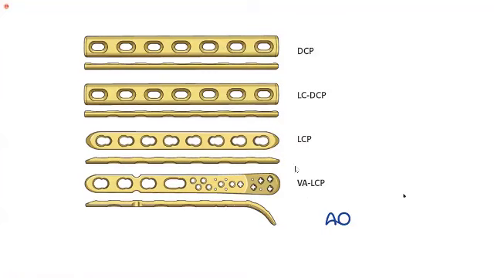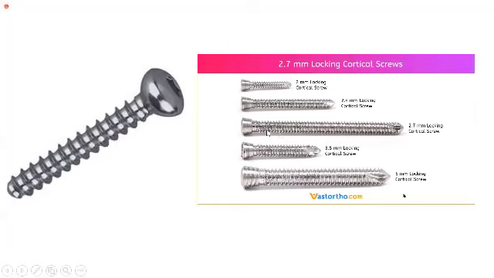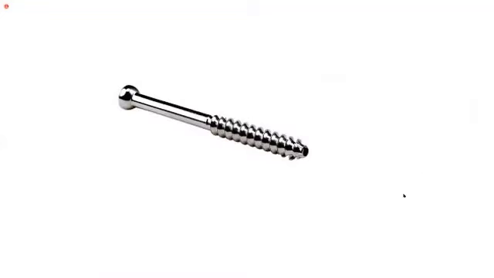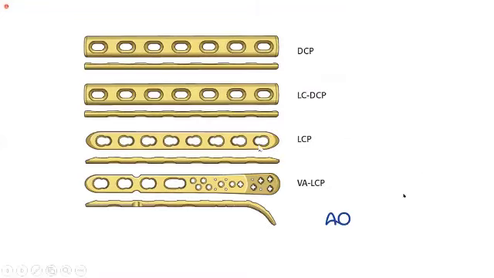But when you are giving a locking screw, you have to go perpendicular to the plate. If you don't, this screw will not lock, it will put stress on the screw, and the screw will break. So for that you use drill sleeves to drill it, and while putting the screw also it should go perpendicular. But suppose in some fractures you need to change the angle. At that point you use a variable angle locking plate.